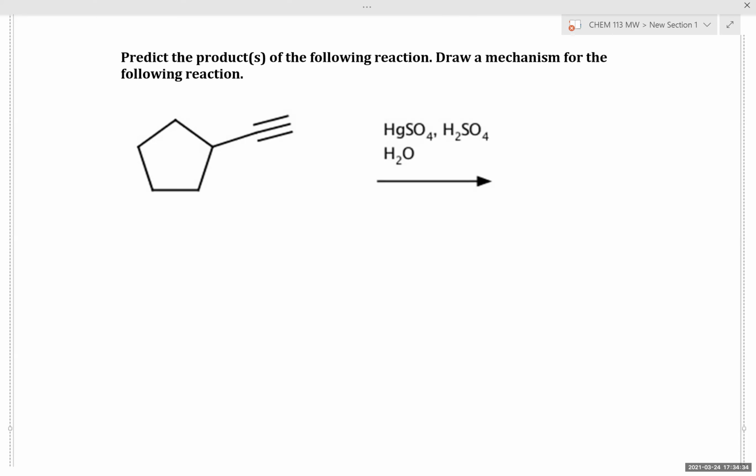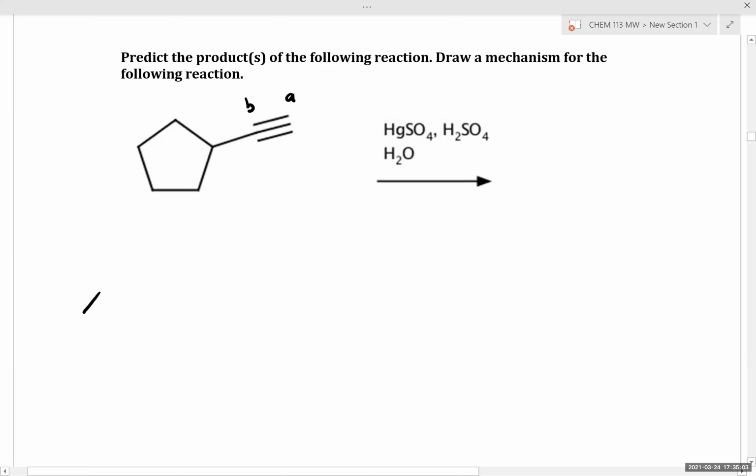So, does anyone have some initial inclinations? What do we think is going to happen in this case? What will our product look like? Will the water first attack the tertiary carbon? So let's label them A and B. Which carbon will water attack? B? Yep, exactly right. So if we draw out our alkyne,